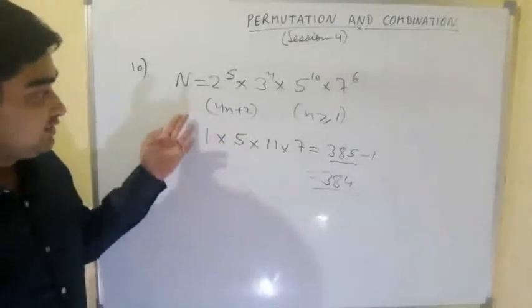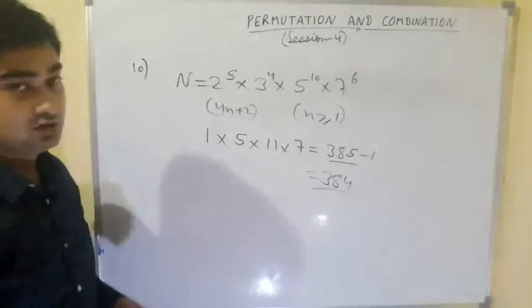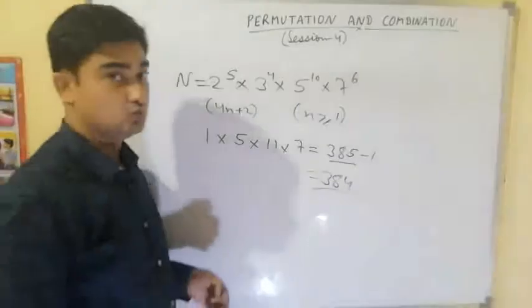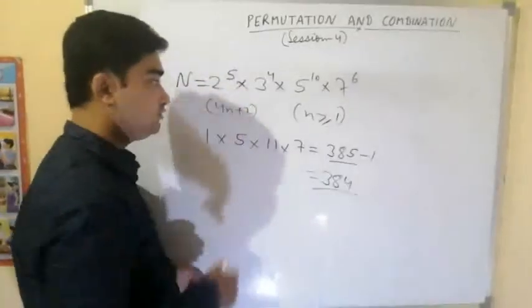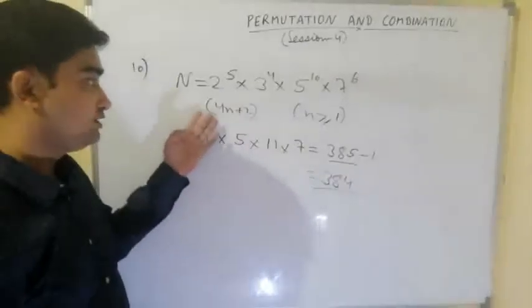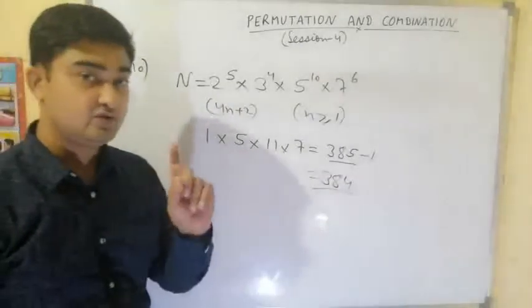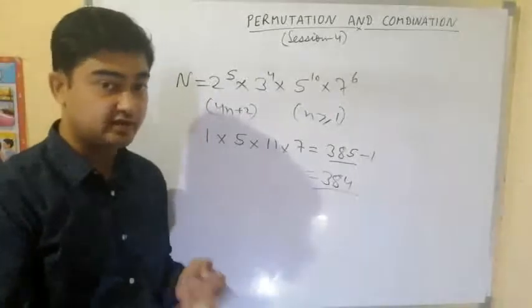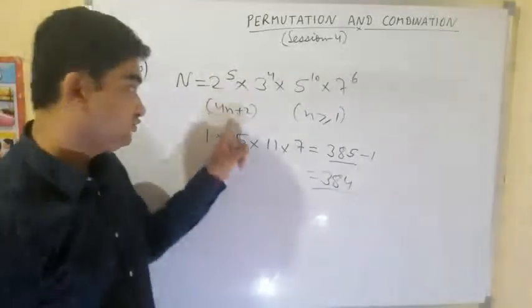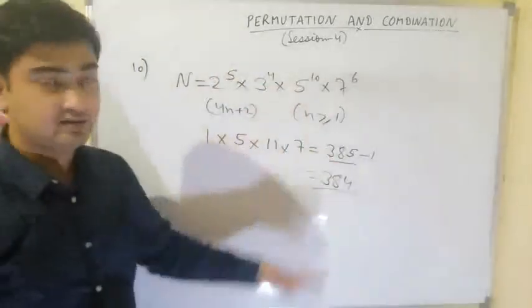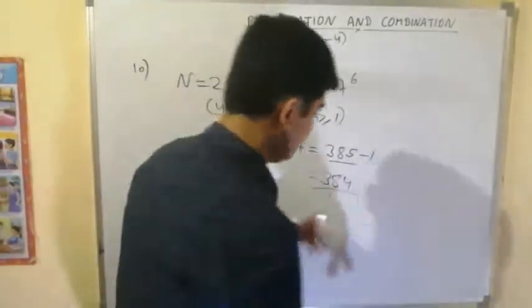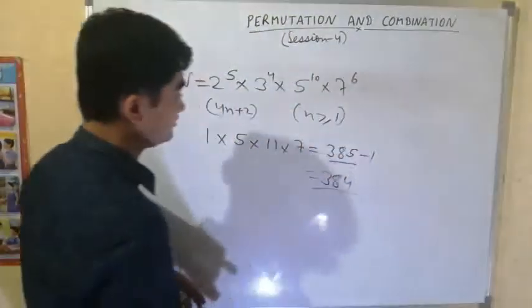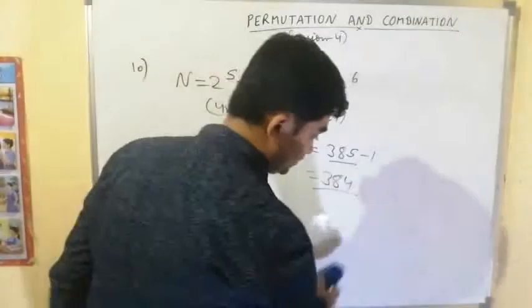So like this, we can select the factors of the form 4n plus 2. A factor of the form 4n plus 2 means it is an even factor, but it is not a multiple of 4. That means we have to take 1 2. We cannot take more than 1 2. We cannot take 0 2s. With 2 we have 1 choice. With everything else we can take any choice. So we'll get the total divisors of this form 4n plus 2.